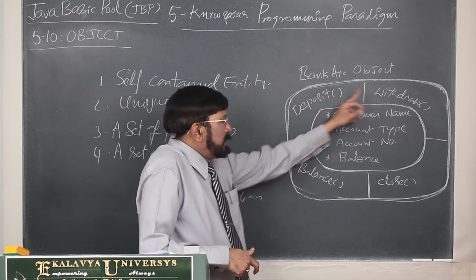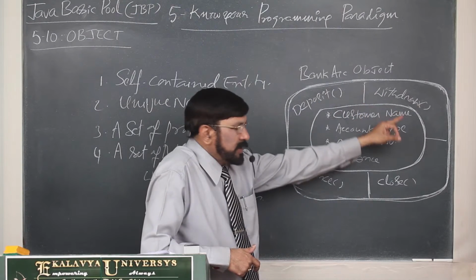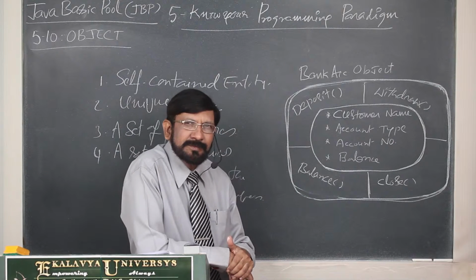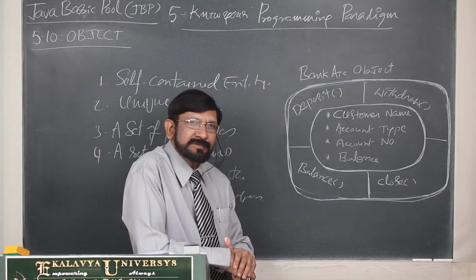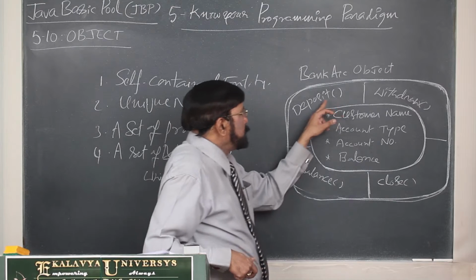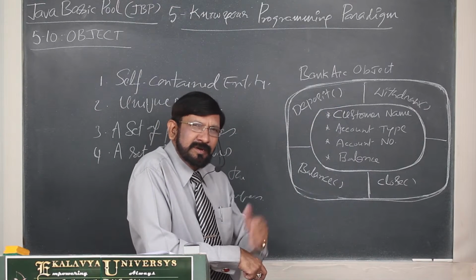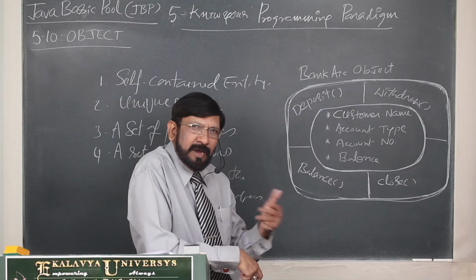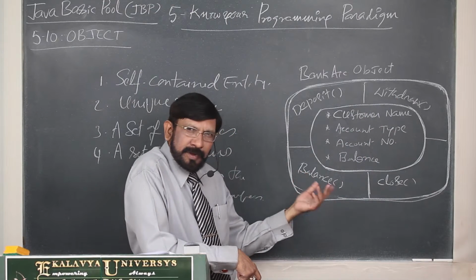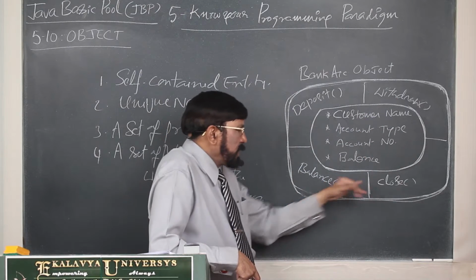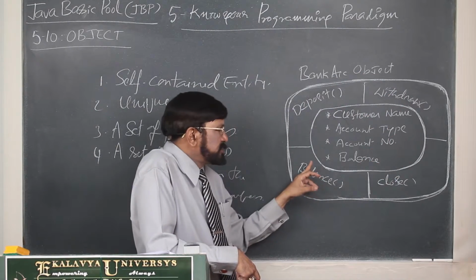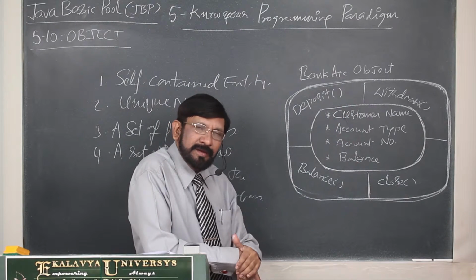And one more thing. Actually, a set of functions. In C and C++, we call them functions, and in Java, these are called methods. Methods are nothing but functions, but refined functions, you have to understand. Now you see, what are the activities? Definitely you deal with a bank account. Then what are the operations you make? You deposit amount, you withdraw amount, and every time you check the balance after deposit or withdraw, and sometimes you may close the account. So these are the operations we perform which act upon the data members.